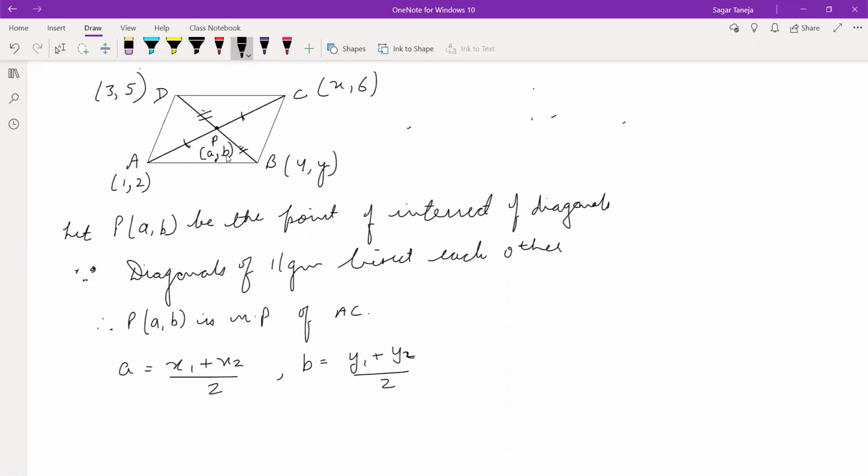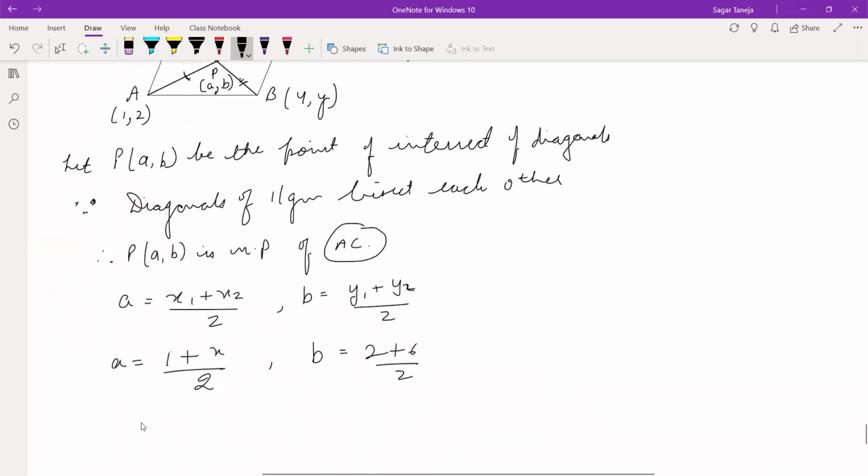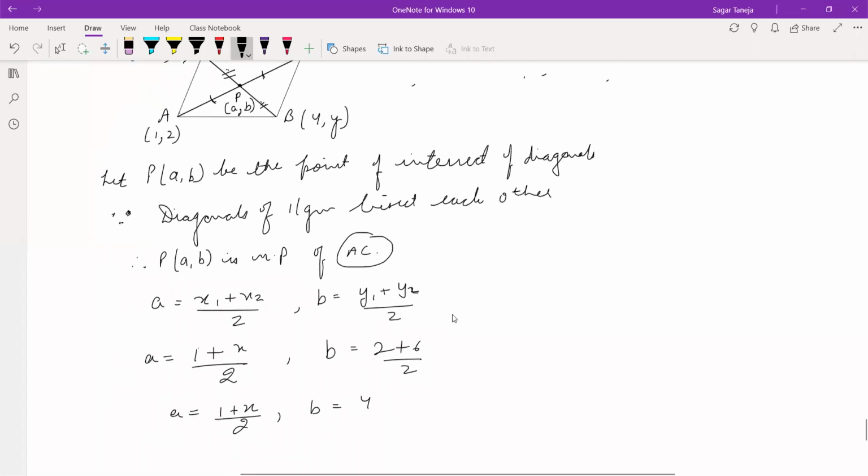So how to calculate a and b with the help of points A and C? If I am writing here P is the midpoint of AC, then you have to look at the coordinates of A and C. So what is x1? 1. What is x2 here? x, upon 2. Then b is equal to y1 is 2, y2 is 6. So (2 plus 6) upon 2. So here it is (1 plus x) upon 2. And this side it is 8 upon 2, and it is 4. Fine. Okay, then after this,